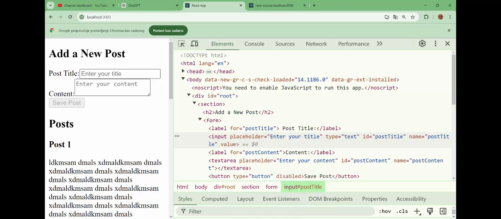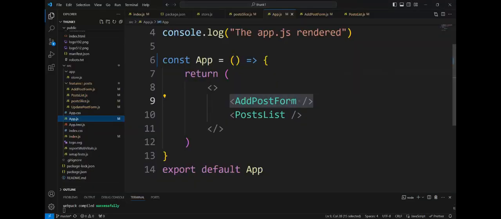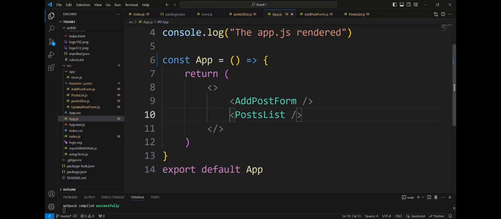And why is it like that? Because in AddPostForm there is only initial rendering, and there is everything AddPostForm needs to be visible on the screen: an empty input element, an empty textarea input, and a ready button to save the post. But PostList is more interesting because PostList is subscribed to Redux. AddPostForm has only local state, title, content, etc. But PostList